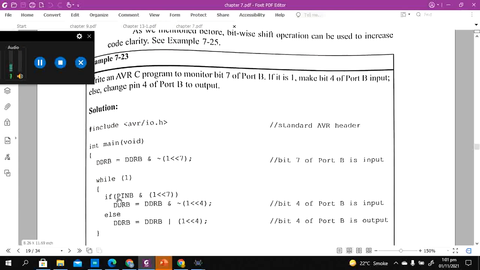So we are only interested in the logical aspect. There is no equal to 0 or equal to 1 here, which is perfectly normal. This is just saying that if this condition is logically 1, then execute this, else execute this. So if it's a logical 1, then it's good enough. We do not need to explicitly write equal to 0 or equal to 1, though we can write it if we are interested, but this is how a smart programmer would do it.